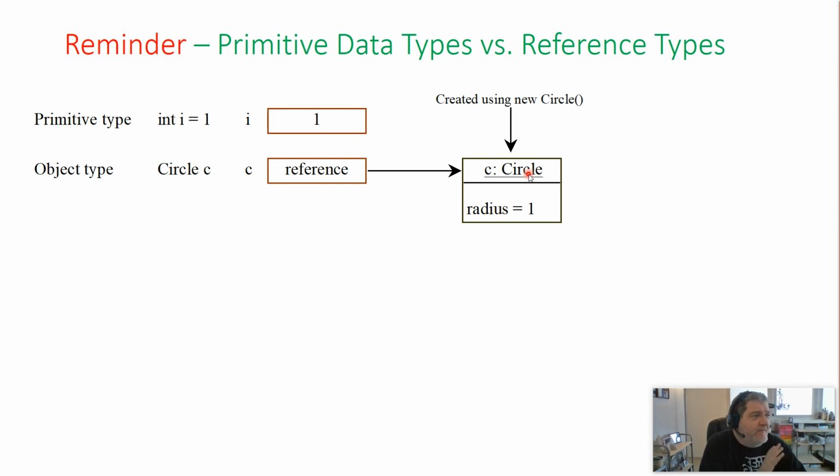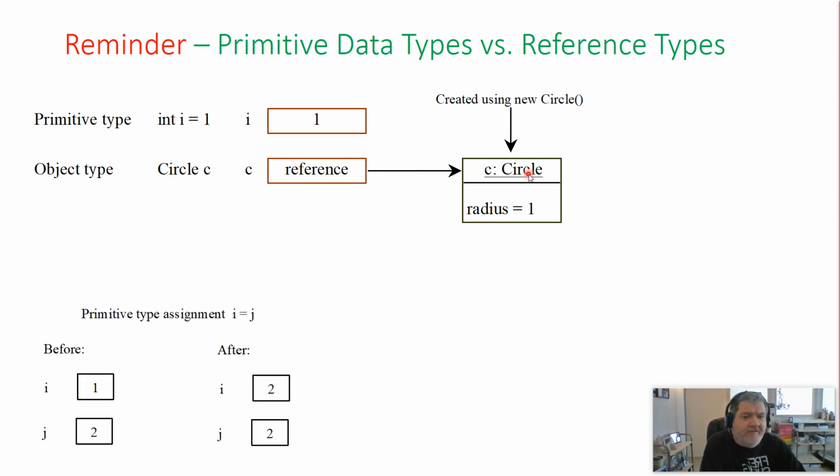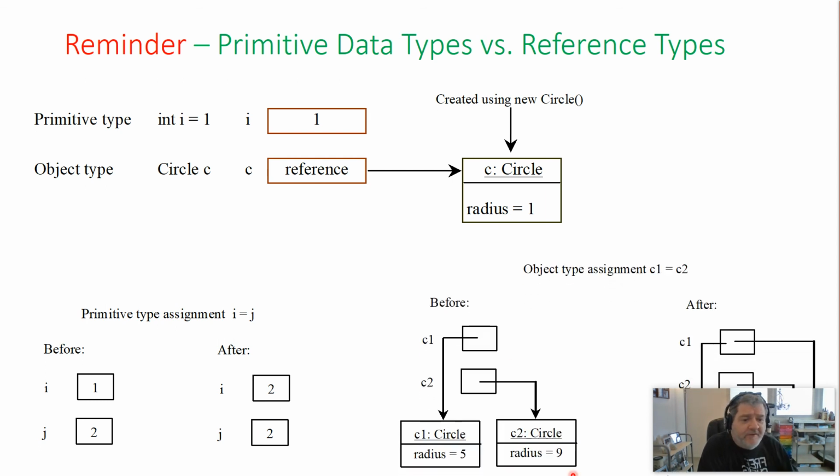All right, so that's the major difference. And then a side effect of that major difference is that if I assign I to j, and we talked a lot about that when we did the swap method, okay? When I assign the content of j to I, in the case of a primitive data type, I contains 1, let's say, j contains 2, then I make a copy of the value 2 inside of I, but then I can modify I and j completely independently, okay? This is why our swap method was not working. And in the case of reference data type,